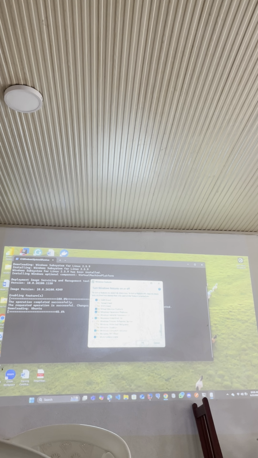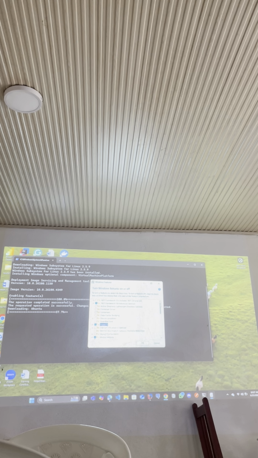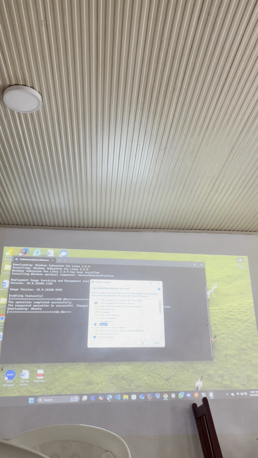Virtual machine platform, and also Hyper-V. And then